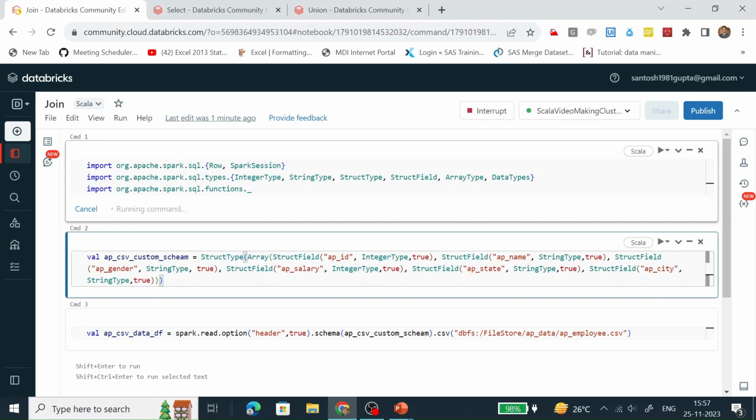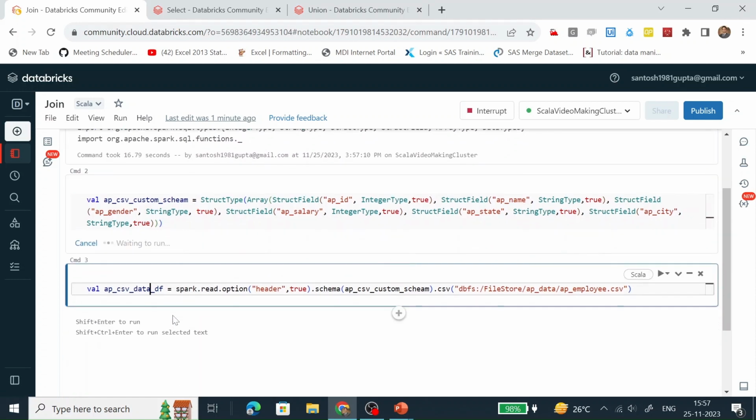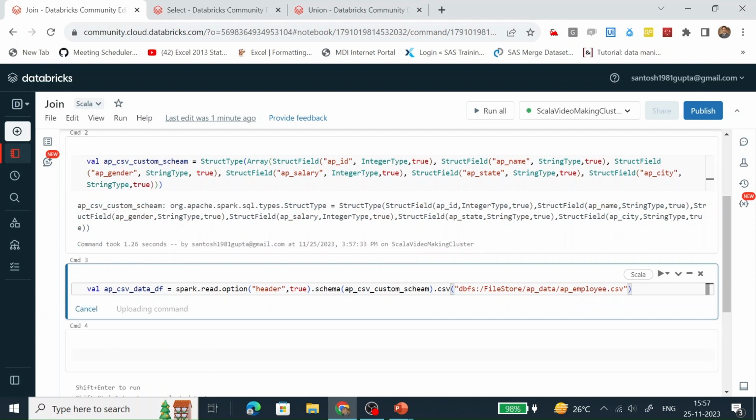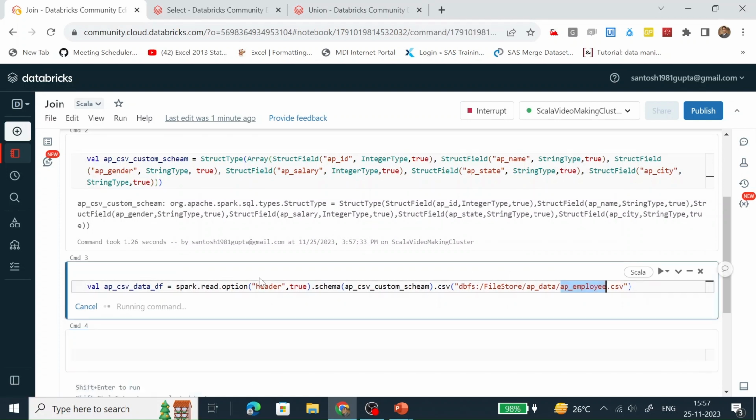It is taking some time. Okay, all the required libraries are available in this notebook. Let's create this custom schema. Custom schema has been created successfully. Let's create this data frame by reading this CSV file.